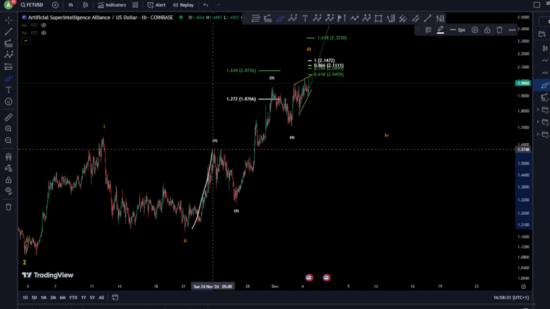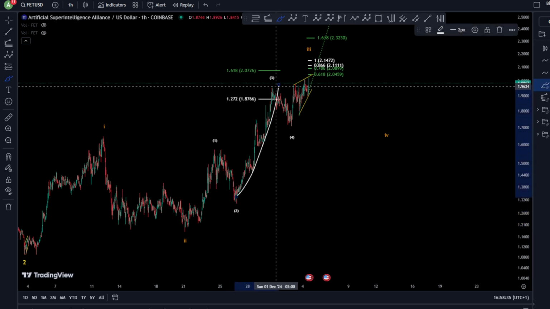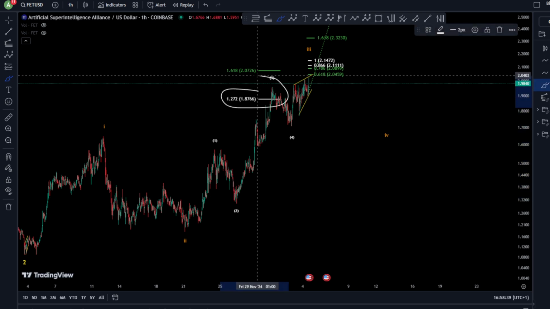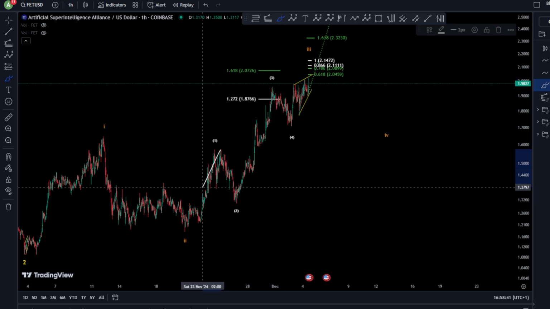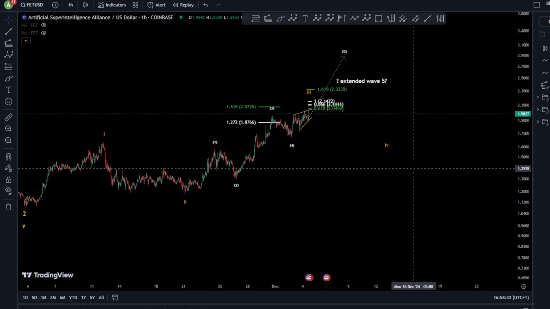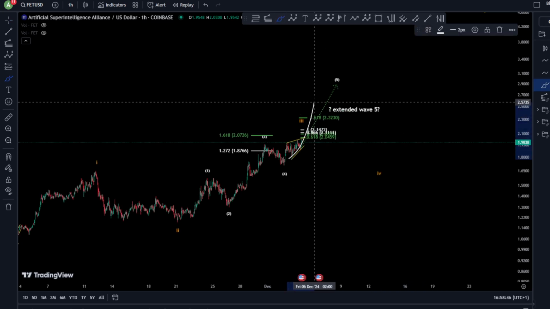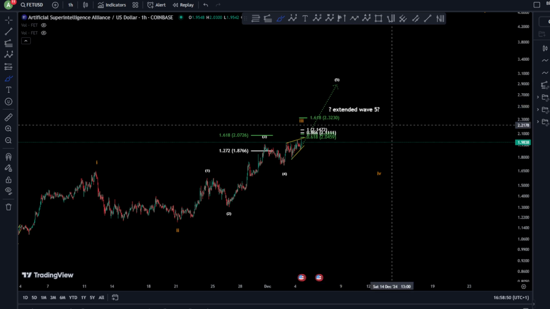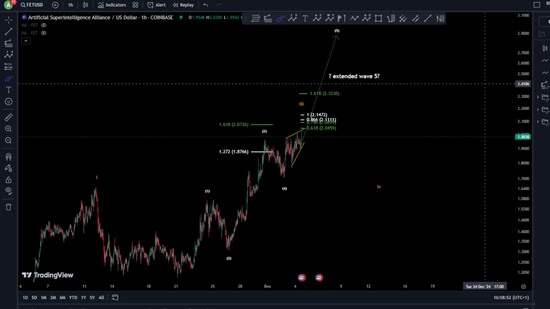Why? Because this wave 1 is kind of okay, but your wave 3 is short. I mean, it did not reach a very nice fib, right? But it is still longer than your wave 1, which is good. So getting a wave 5 longer than your wave 3 would be awesome, right? It would be a very nice extended wave 5.